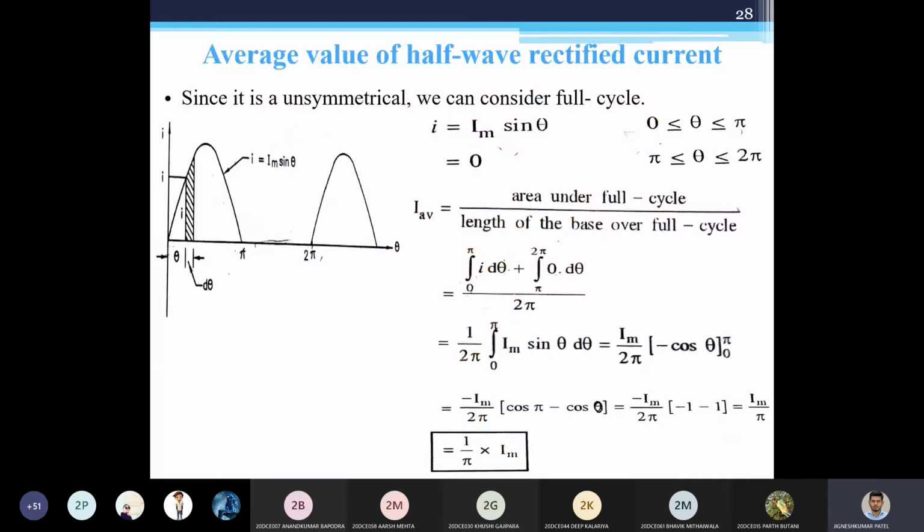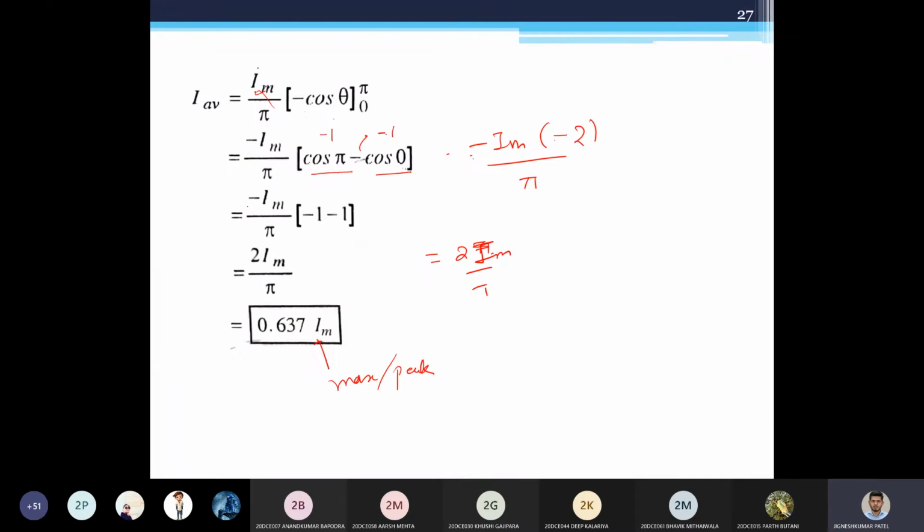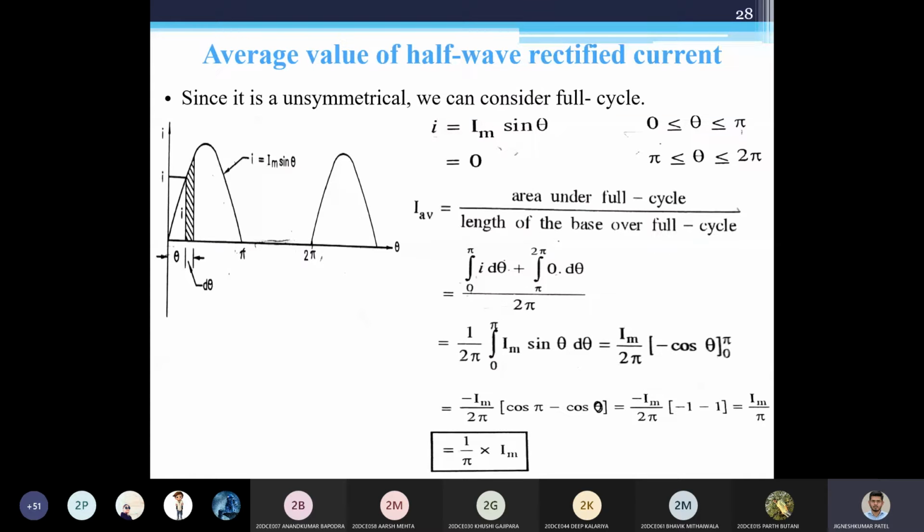But what if I have a rectifier? What does a rectifier do? A rectifier will convert your AC wave to DC wave. So if I have a half wave rectifier, my output would look like this. This is kind of DC, but not steady. But this is DC because there is no current flowing in the other direction. So here this wave is unsymmetrical. The symmetrical wave would look like this, but this is not symmetrical, so we can say this is an unsymmetrical waveform.